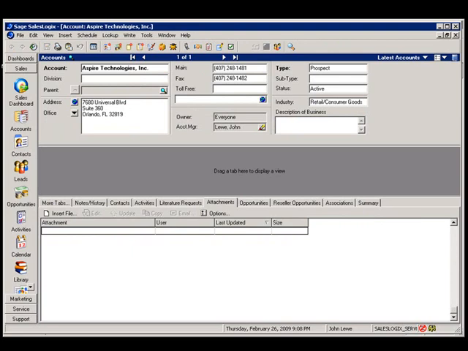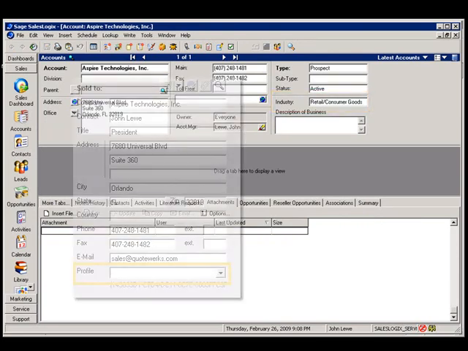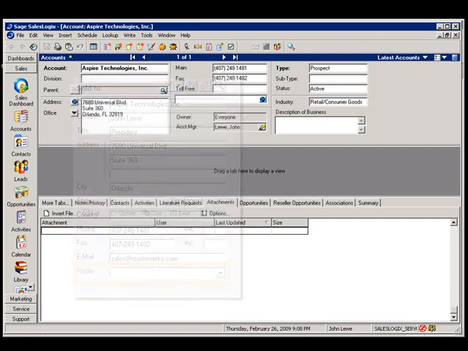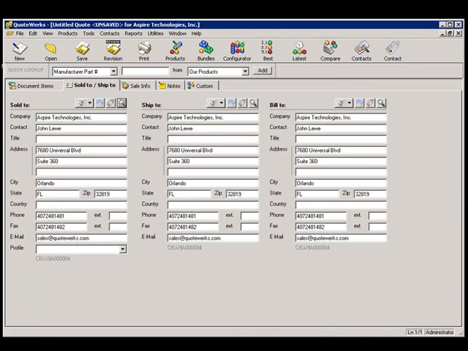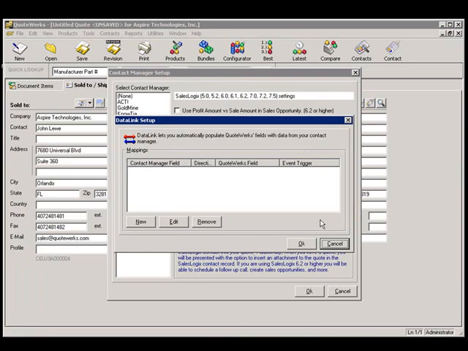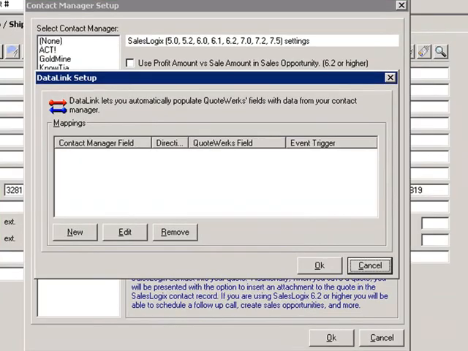To create the data link, first verify your contact in SalesLogix has the additional data you'd like to pull over. For this example, we want to pull the industry field from the account into the profile field located underneath the Sold To fields on the Sold To Shipped To tab. Next, select the Contacts, Setup Contact Manager menu. Click on the Data Link Setup button, which opens the Data Link Setup window. Click the New button,